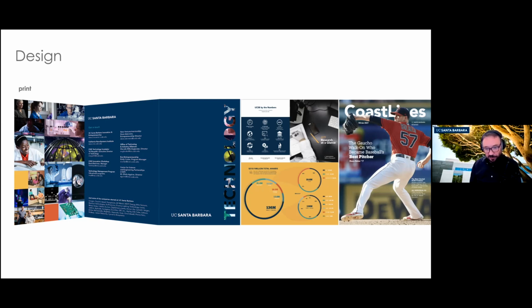The Office of Research I work with constantly every year on their annual report, which is pretty simple, but it's a nice opportunity to pull out some infographics and develop some styles with those. Coastlines, I recently started designing Coastlines, the alumni magazine. That was fun. I've never designed a magazine before. I've designed some pretty robust newsletters that were multi-page. But again, can you do it? Sure. Then buy every magazine on the newsstand and start doing your homework and figure it out.